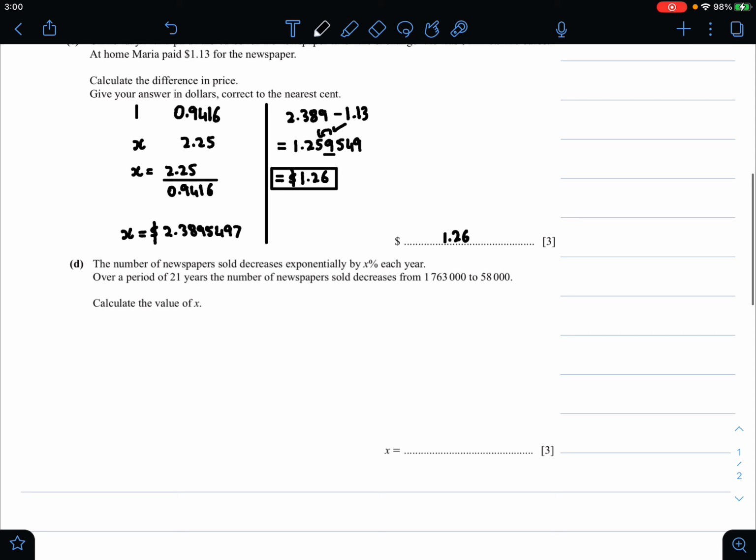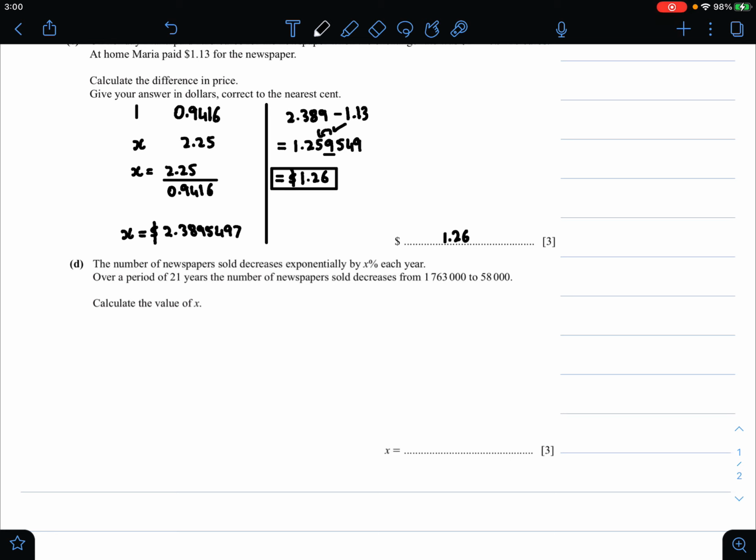So for part D, they are telling us that the number of newspapers sold decreases exponentially. So whenever they use the term exponentially, it should strike you that it is a compound interest question, but in this case it decreases. So in the formula, where the part of the formula is 1 plus r by 100, you will use the formula as 1 minus r by 100. Therefore let's use the formula now. They are telling us that over a period of 21 years, the number of papers sold decreased from